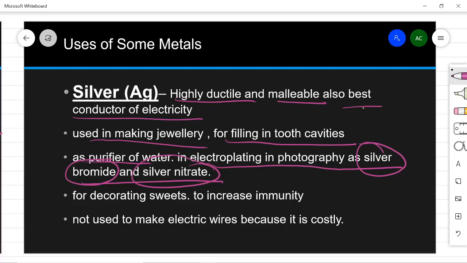And in electroplating, what is electroplating? Suppose you want to put a layer of silver on iron or brass, that you can do. So, it will have a shiny silver-like finish. Then it is used for making the thin sheets which are put on sweets, to decorate sweets, and to increase immunity. It also increases the immunity of the human body, and that is why you must have seen